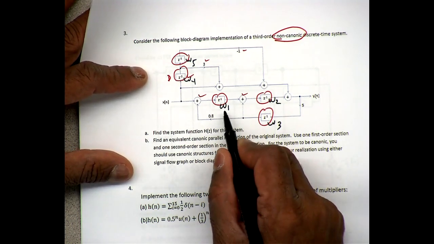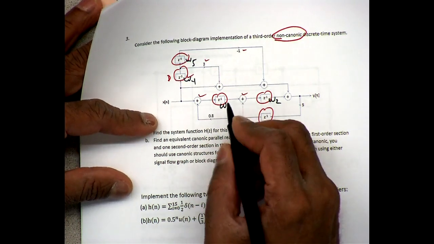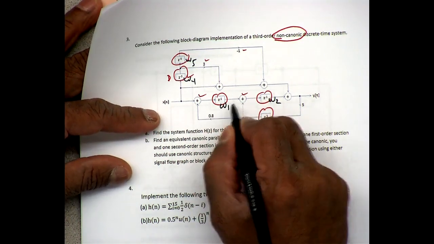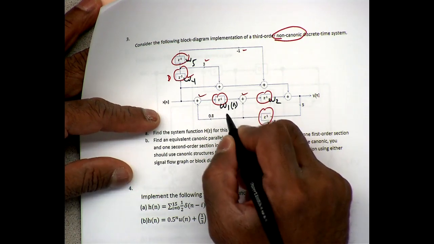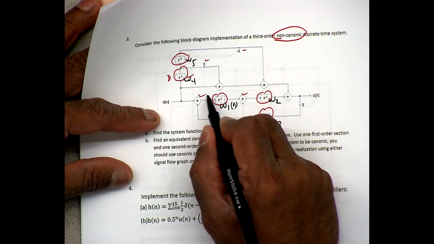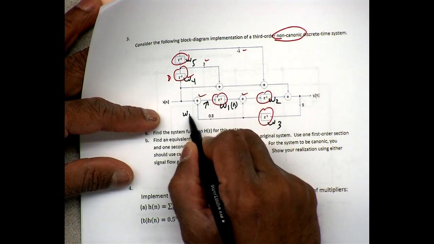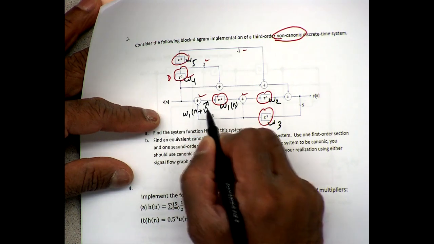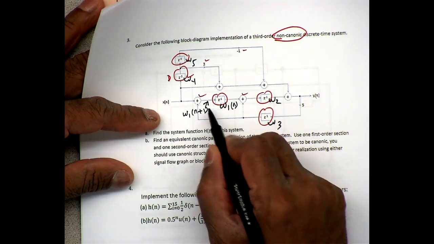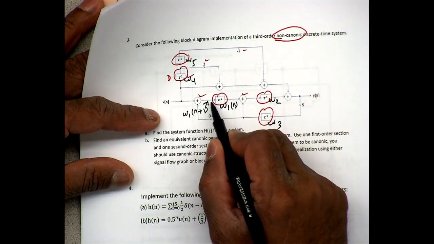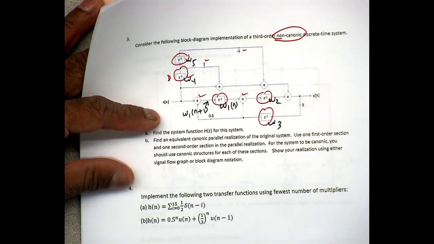For example, I would write W1[n+1], that's the next state. Think about W1[n] to be the current state. That means what will be the input here is the next state W1[n+1]. So that's the next state, which means in the next clock cycle, what we are computing here at the input will be available at the output of the flip-flop.